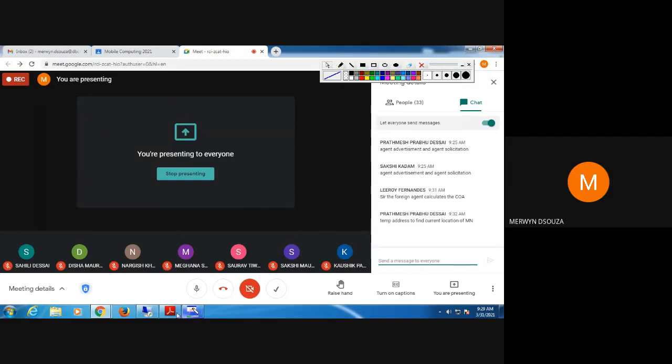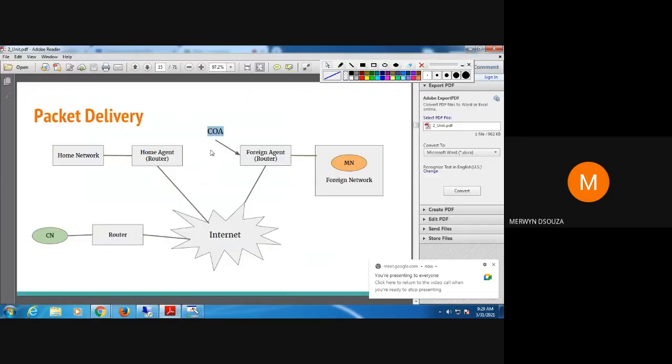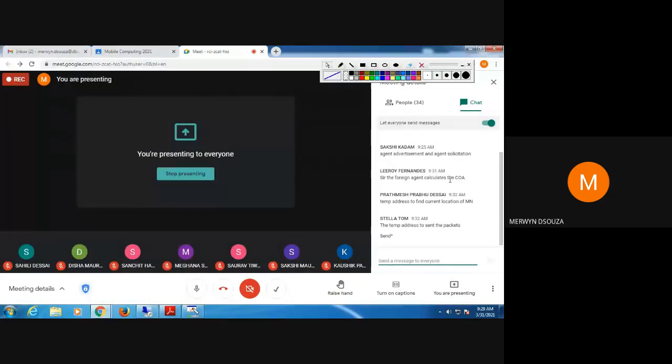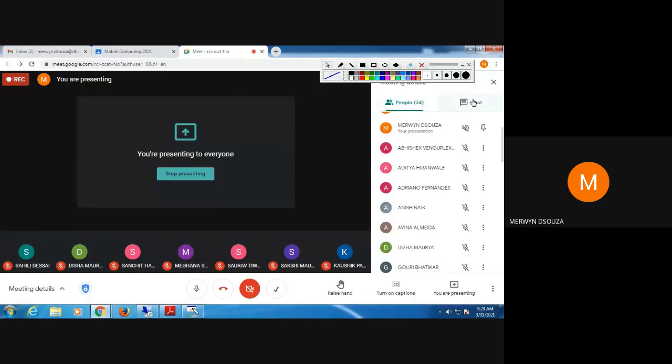Now, once the temporary address has been assigned, why do you need to register this care of address with the home agent? What happens if you don't register it?